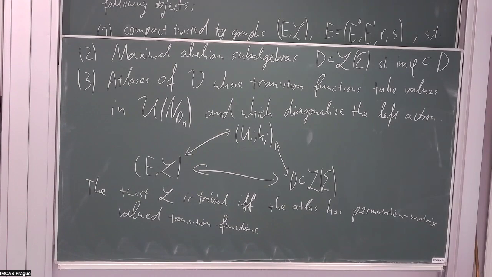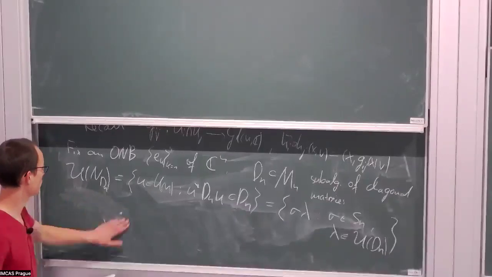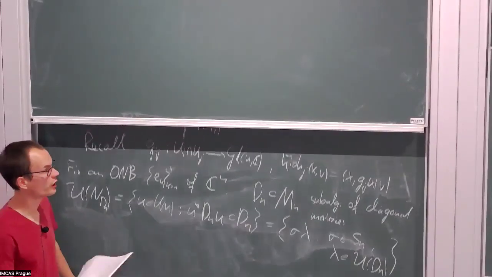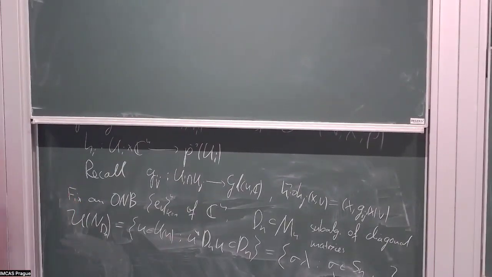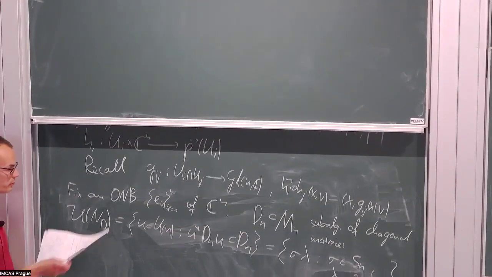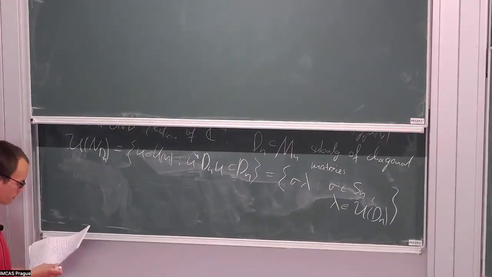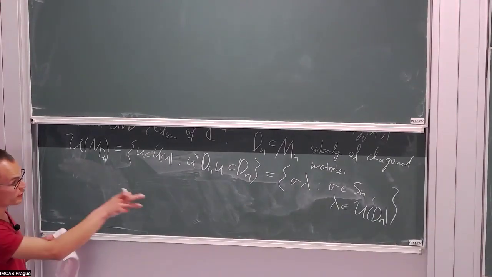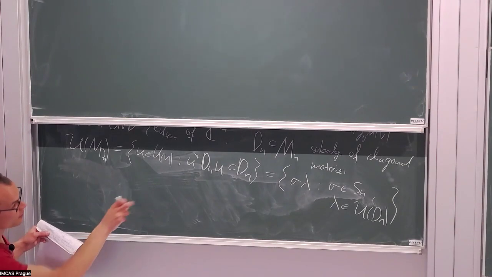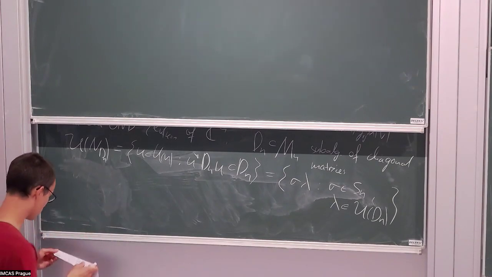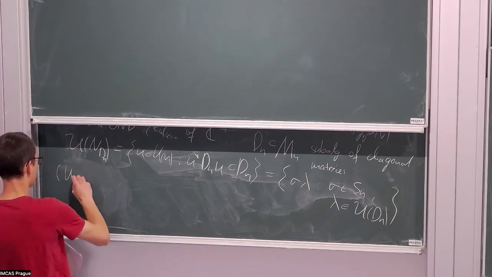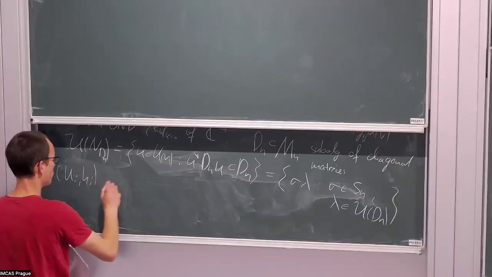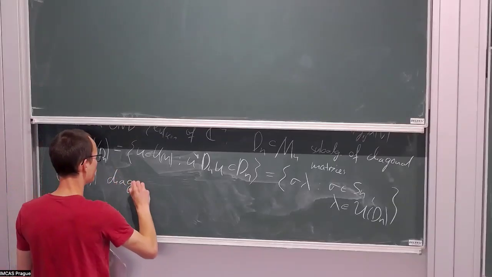Okay. Right, and there was one more thing. So now we know how our transition functions should look. They should almost be permutation matrices up to some complex numbers of modulus 1. Now there was this other thing of the atlas diagonalizing the left action. What does that mean? So the atlas diagonalizes the left action